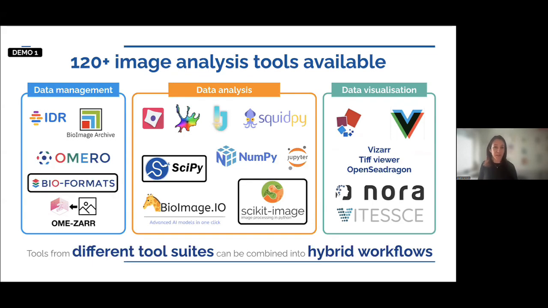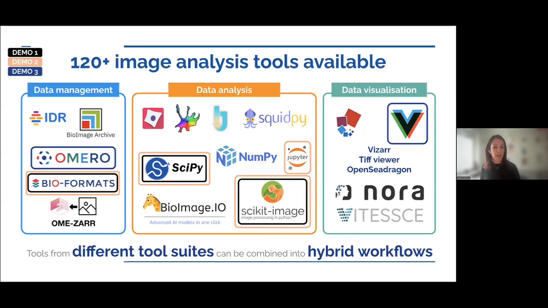So today we're going to see in demo one by Leonid. He will do some transformation, image conversion. He will use SciPy and scikit-image. Then Anne will come and do the same, but instead of using regular Galaxy tools in an automated workflow, she will do it through a notebook. And then we'll have Ricardo, who will cover more the data aspect using OMERO to get data in and out, and also visualization of OME-Zarr using Vizarr inside Galaxy.